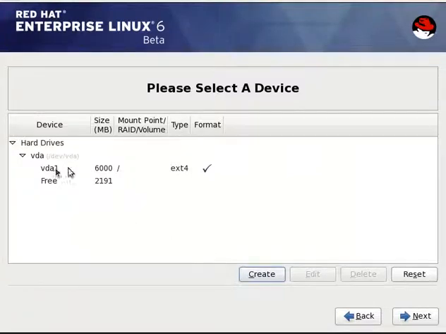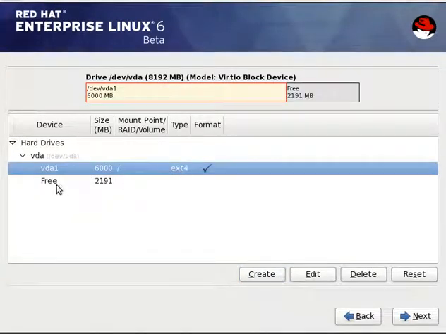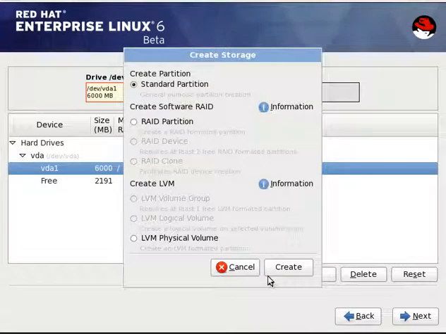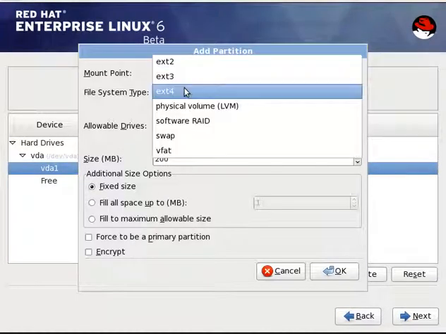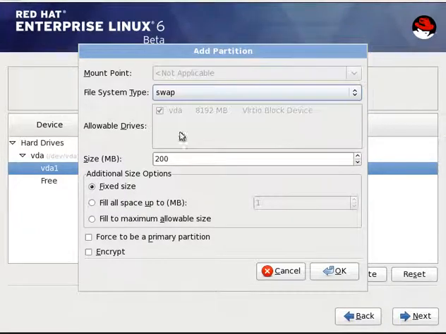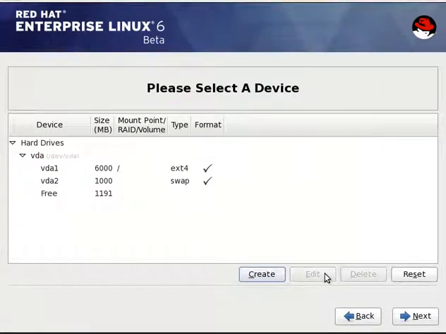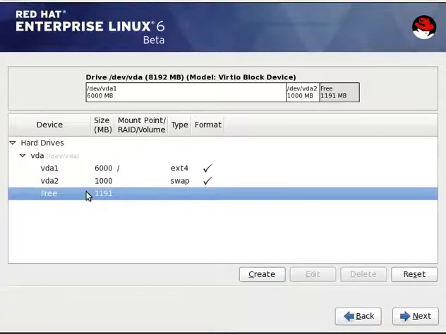If you see, it got created and it says ext4 and so on. I'll go with one more creation. I'll go with standard partition. This time I'll select swap partition, which is useful for my virtual memory. I'll go with 1 GB. The remaining, you can keep the same. Say OK. You got all the things like a 6 GB partition with this one, and you can even select